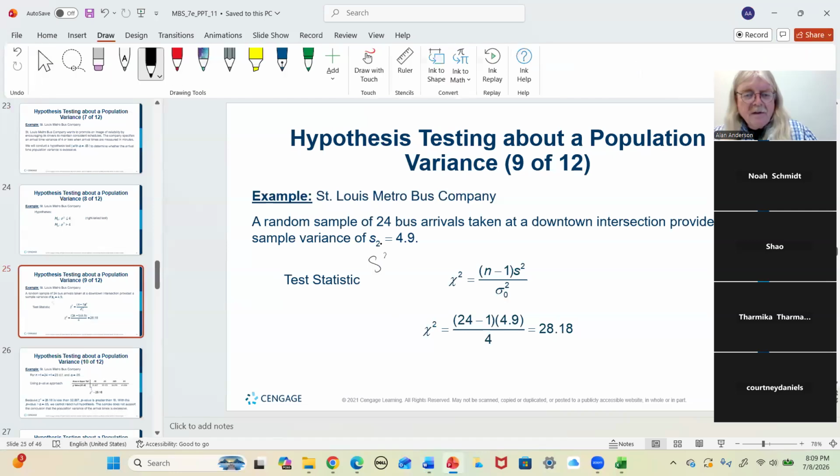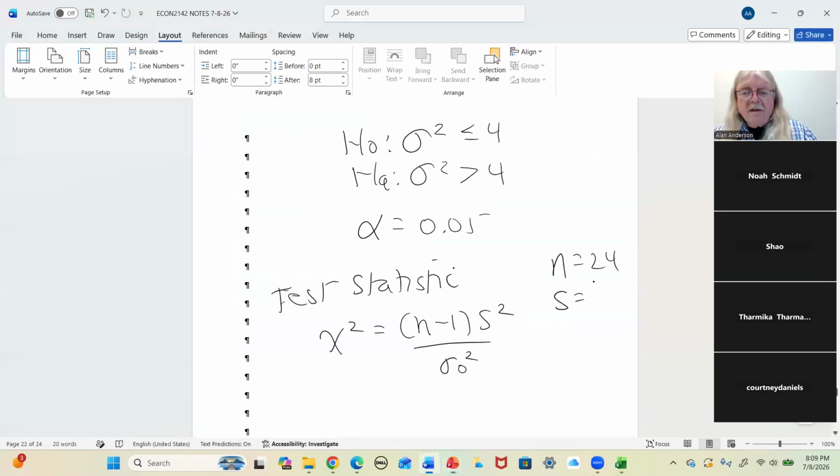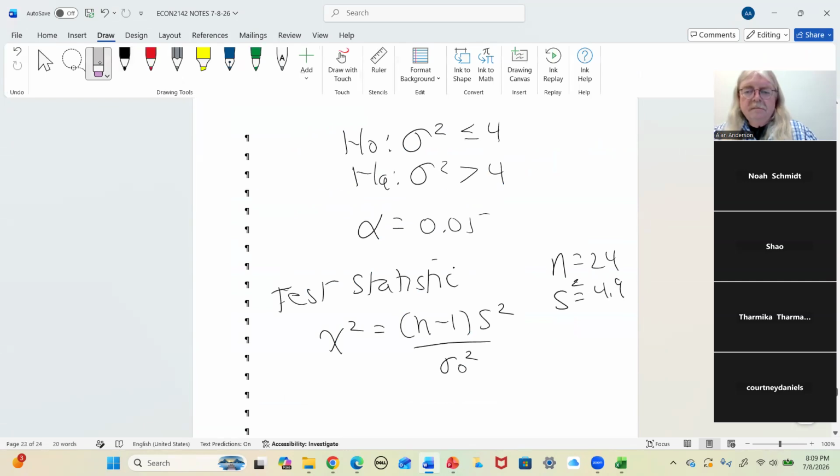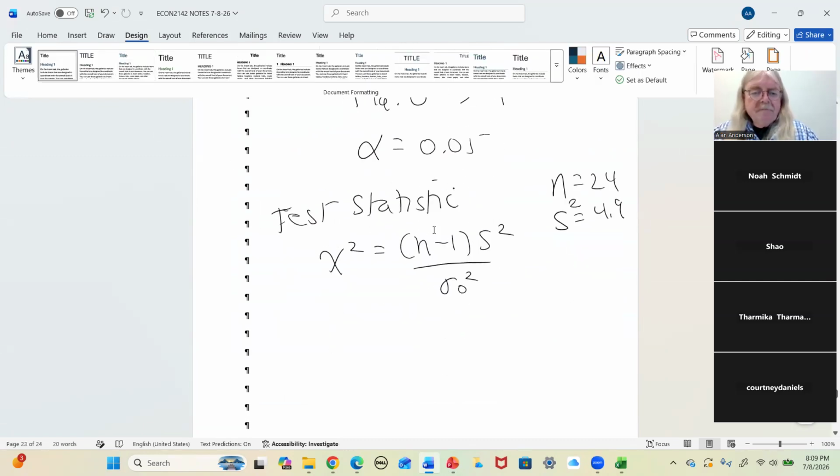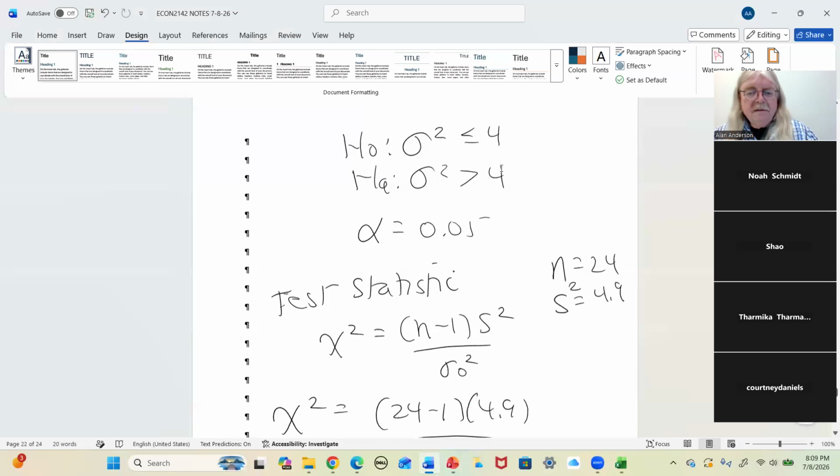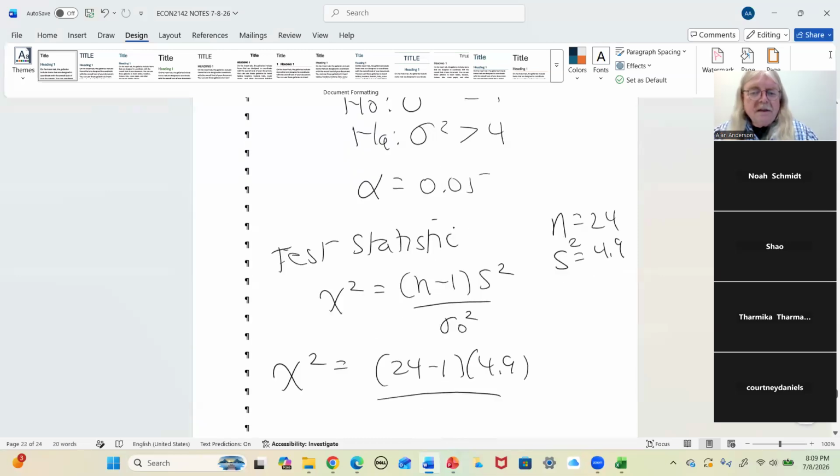This should be S squared, 4.9. Right then, so let's plug in these numbers. The hypothesized variance is 4 right here. So our test statistic is